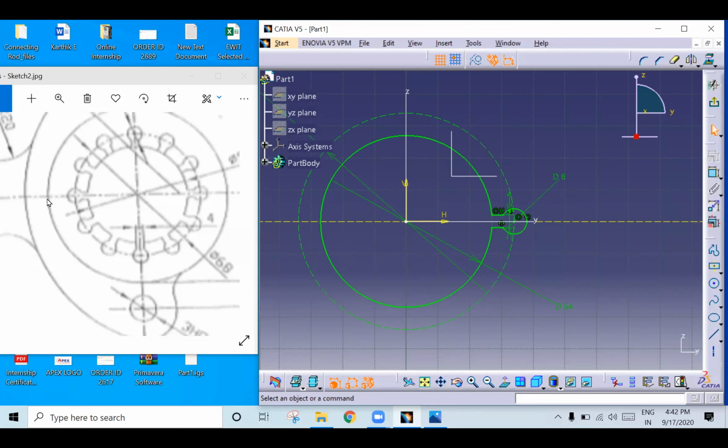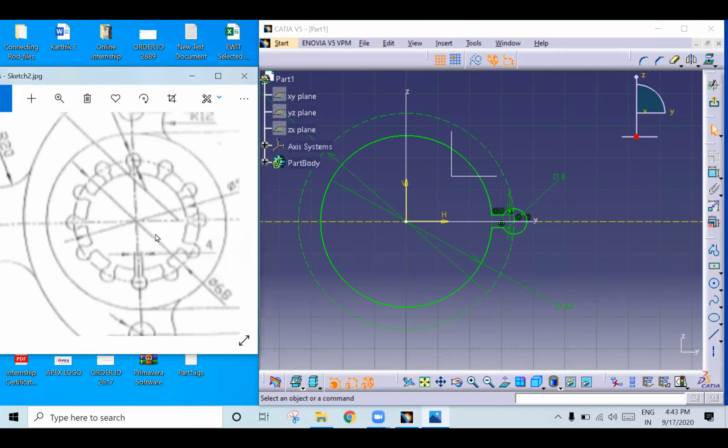See here, how many slots are there? 1, 2, 3, 4, 5, 6, 12. 360 divided by 12, how much? 30. So the angular spacing is 30, right? If you want to mirror this with respect to 15 degree, at an angular spacing of 30 degree it will create, right? So we'll select this axis